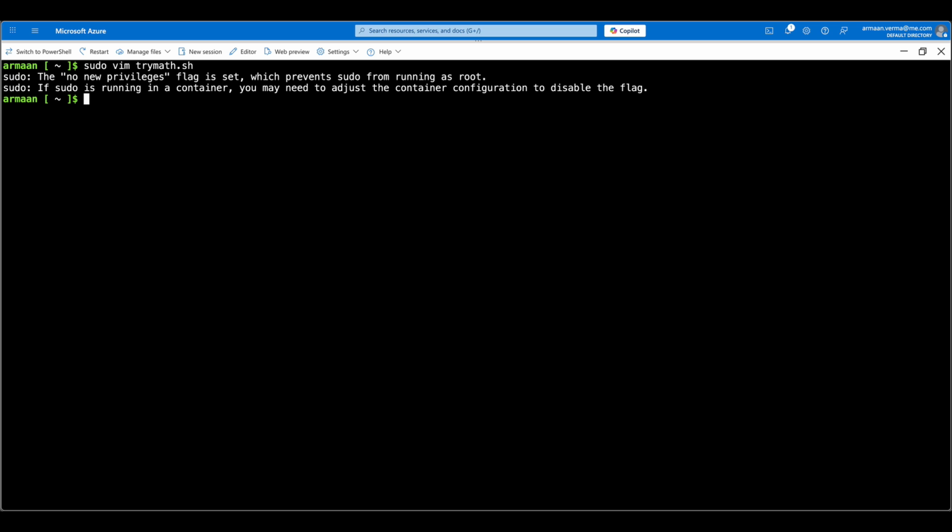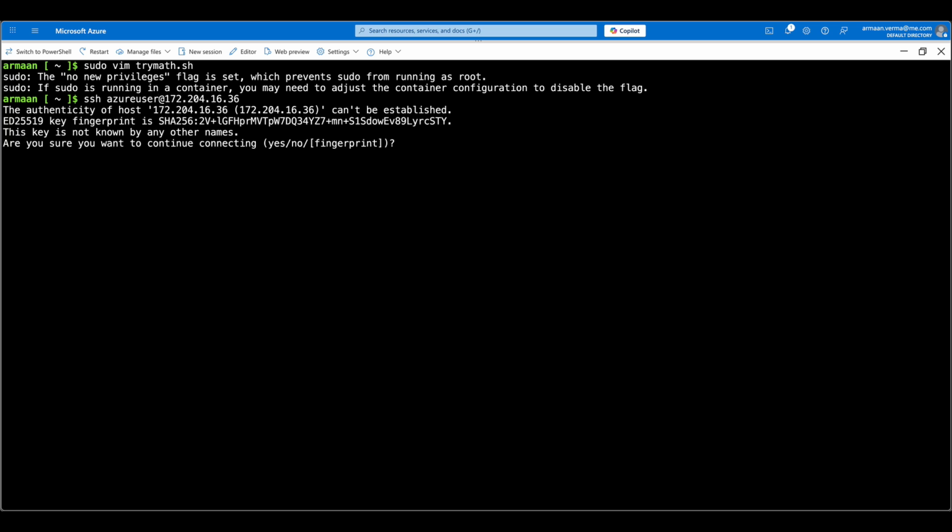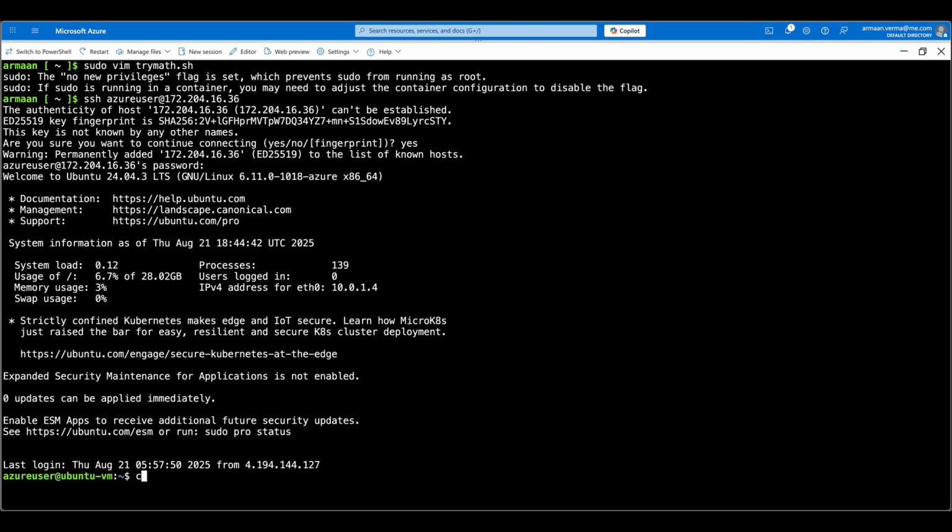Oh, sorry. I did not log on to the machine. SSH azureuser@public IP, enter. So now I'm connected to the machine, and I will say sudo vim testmath.sh, and I'll press